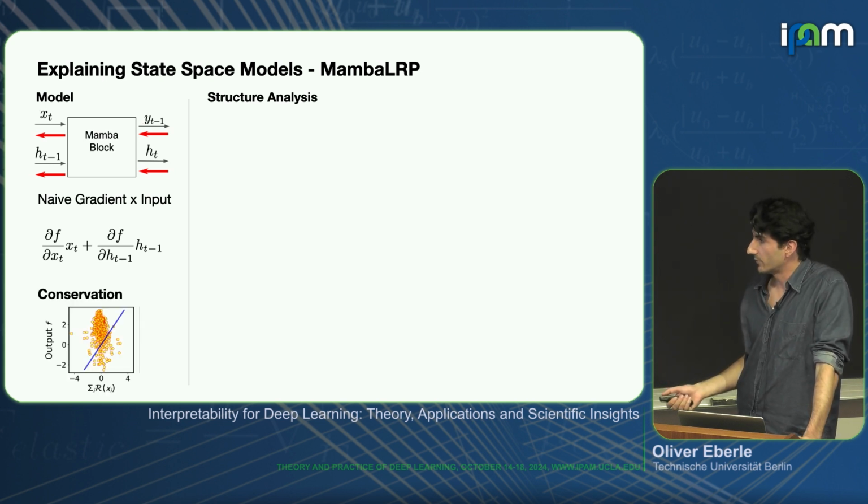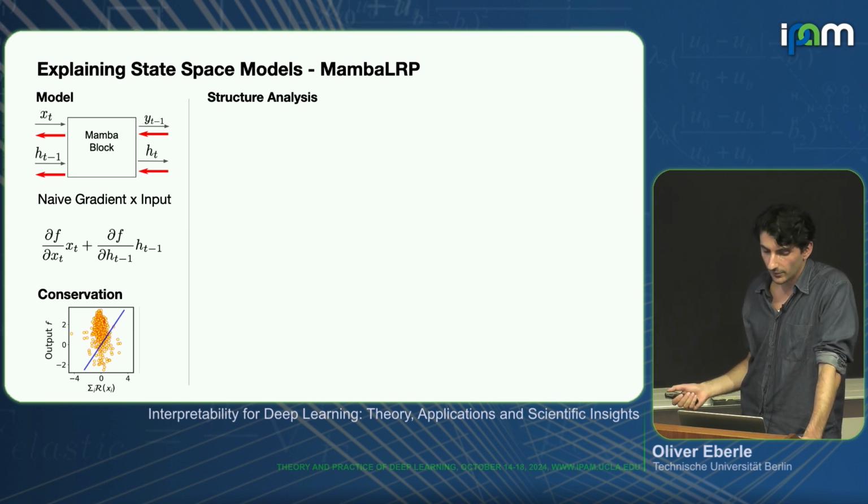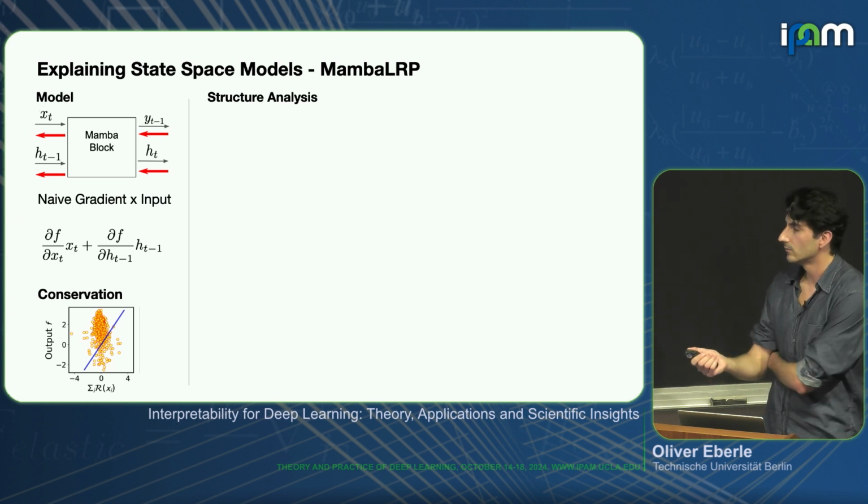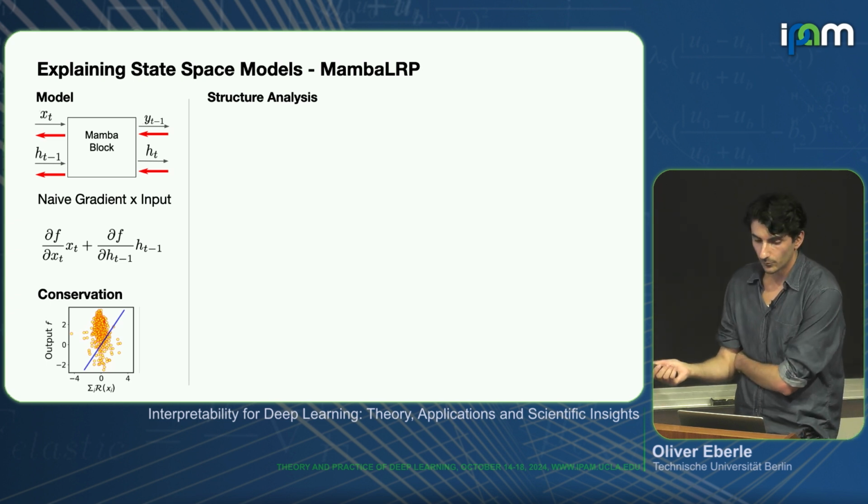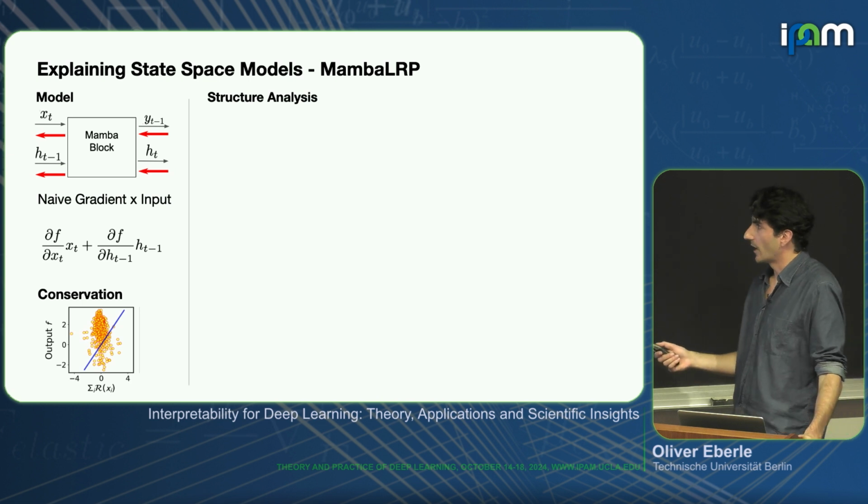But first we can check if conservation is fulfilled by these terms already, and we see that there's basically no correlation. You want conservation, meaning the output score should correspond to the sum of relevance at your input. This is the blue line, if it were perfectly conservative, but we see that there's basically no correlation if you do it in this direct way. That's unfortunate, because the resulting explanations will be of a noisy type that are pretty meaningless.